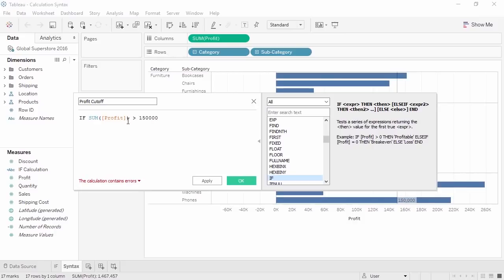We need to tell the calculation what to do if the condition of greater than 150,000 is met. We want it to call those marks high profit. We do this by saying, then high profit. Then does not need to be in all caps, but it can be a good habit to get into. And note that the words themselves must be set off in quotes to let the calculation editor know that they